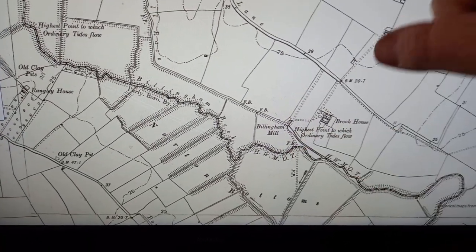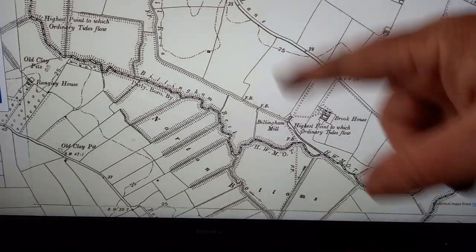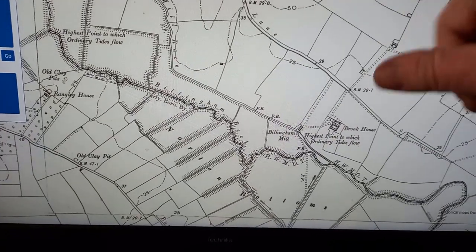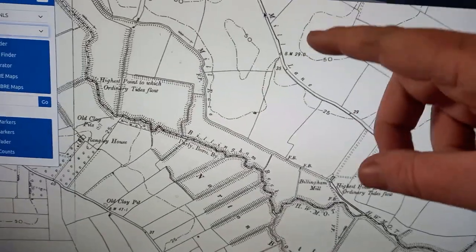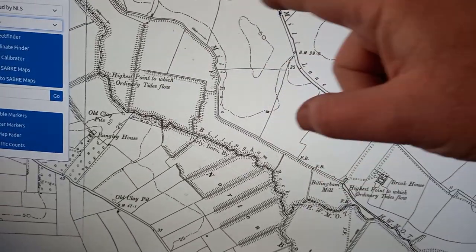So to put things into perspective, all this land here is what got turned into ICI, so that's now being built up, was ICI, and it's back to derelict land again. This area here is like the Imperial Road area of Billingham,